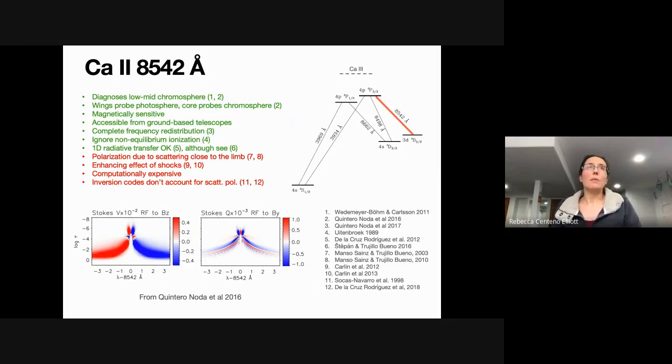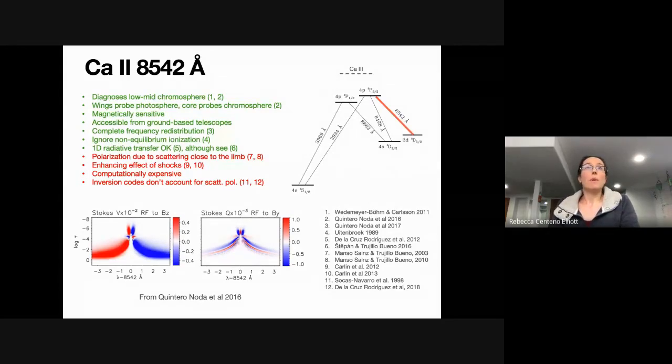Calcium-2 is just a singly ionized calcium atom. This is one of the most common spectral line diagnostics used for diagnostics of the solar chromosphere. This is because its line core, the center of the line, forms in the chromosphere of the sun, whilst the spectral line wings form very low in the mid-photosphere of the sun. It is a magnetically sensitive line, so its polarization signatures are sensitive both to the Zeeman and the Hanle effects, and it is accessible from ground-based telescopes because it sits in the near-infrared part of the wavelength